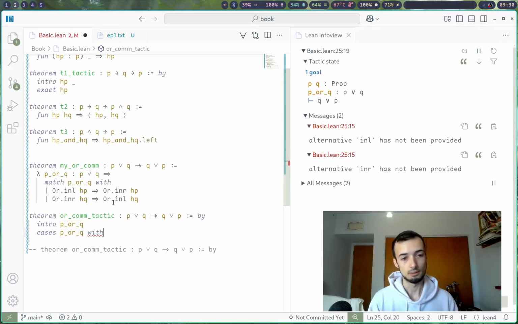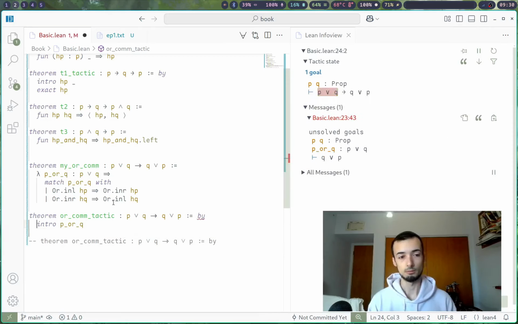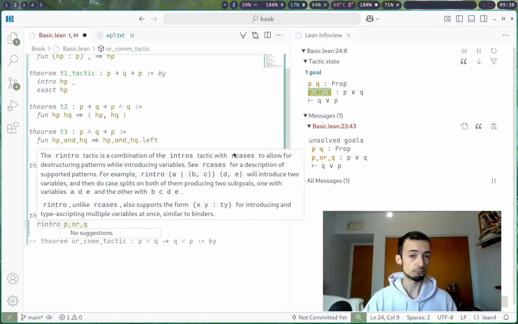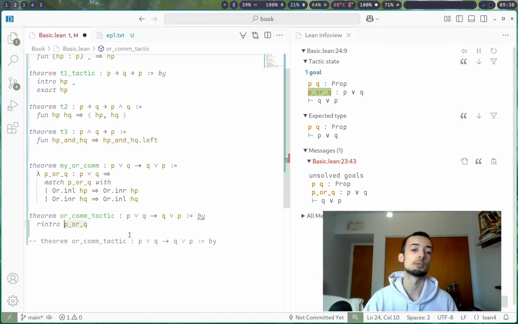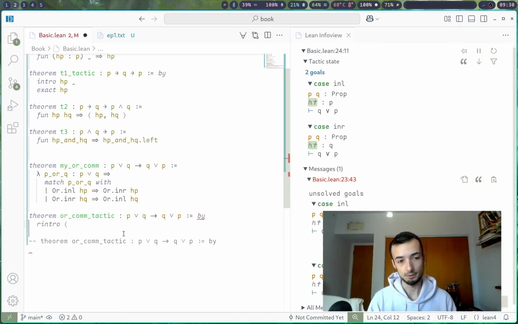But down here, I said I was going to do it a little bit of a different way. We're going to use much more of the tactic functionality here. And we're going to do that with, instead of intro, we're going to say our intro for, basically, if you look at our intro, it's the intro tactic with our cases to allow destructuring pattern matching, right? So this is pattern matching when you introduce a variable. So we're literally going to skip P or Q entirely, and we're going to use our good old fashioned,